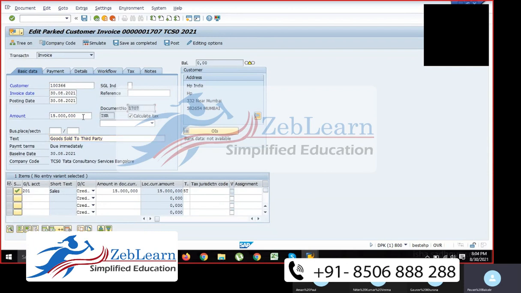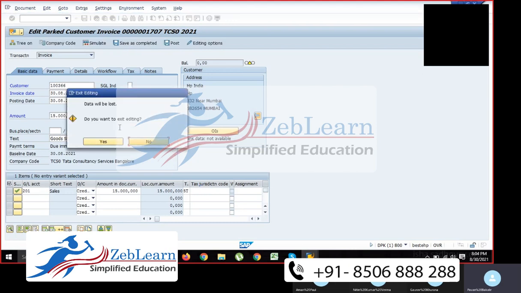Okay, document number 1707. You can make changes to the amount and you can repost it again. Otherwise, you can change it again. Still, you can keep it in park if you want. Okay, this is one way, one way where we can post the entry which was parked. Okay, another way is